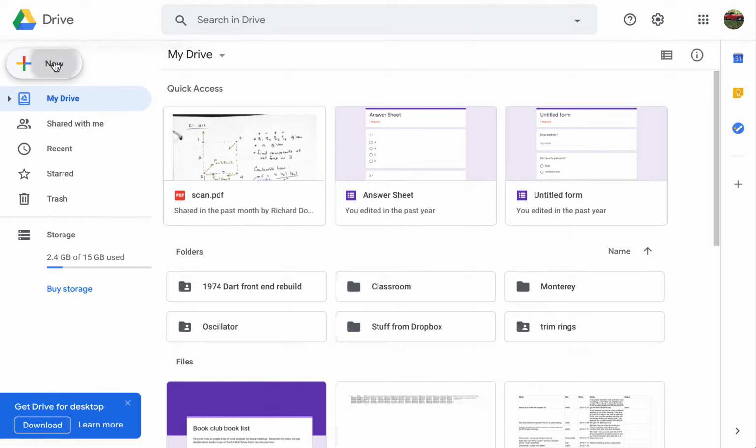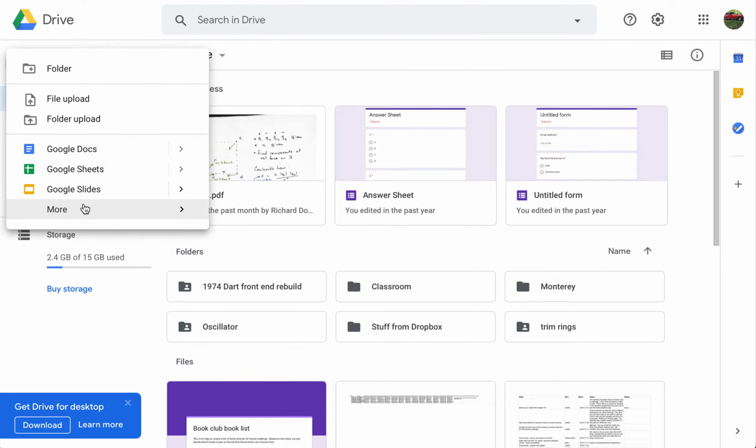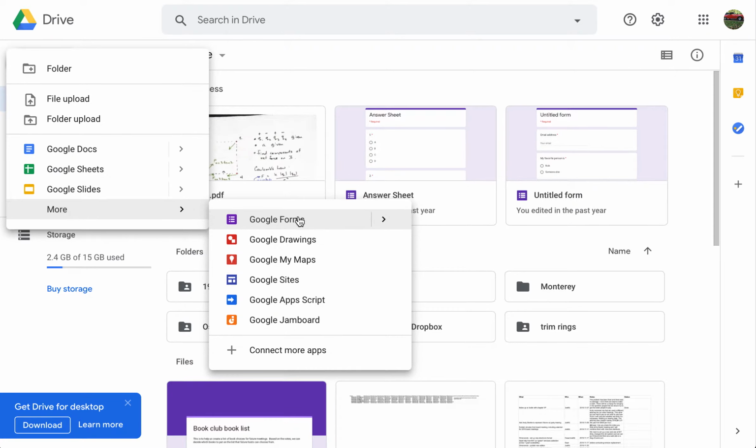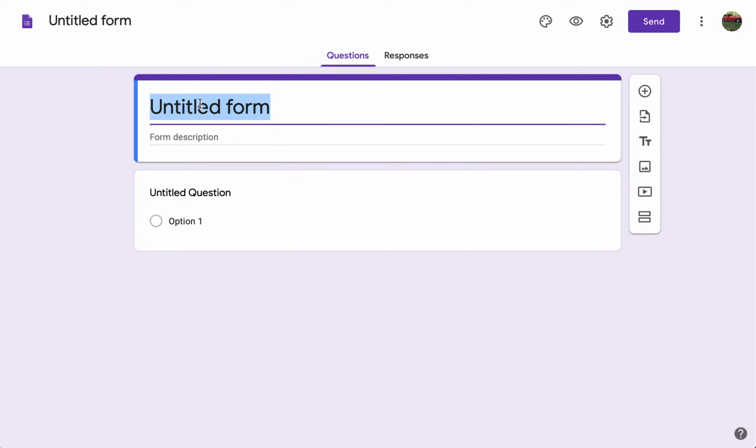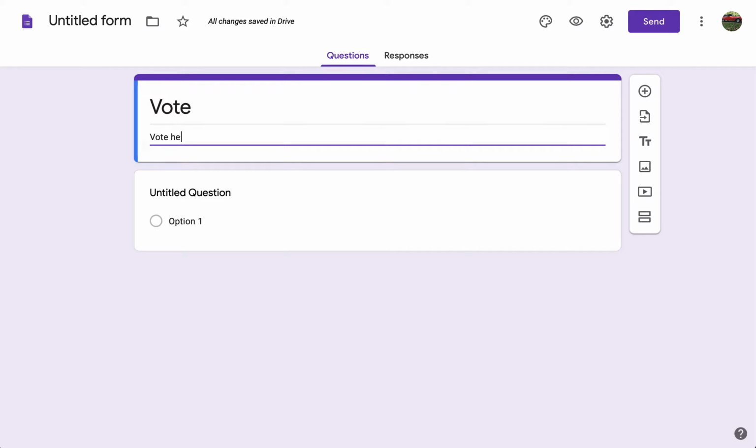Then you're going to create a new document and you go down to More, Google Forms, and what you want is a blank form. Now you can call it whatever you want. Vote here,